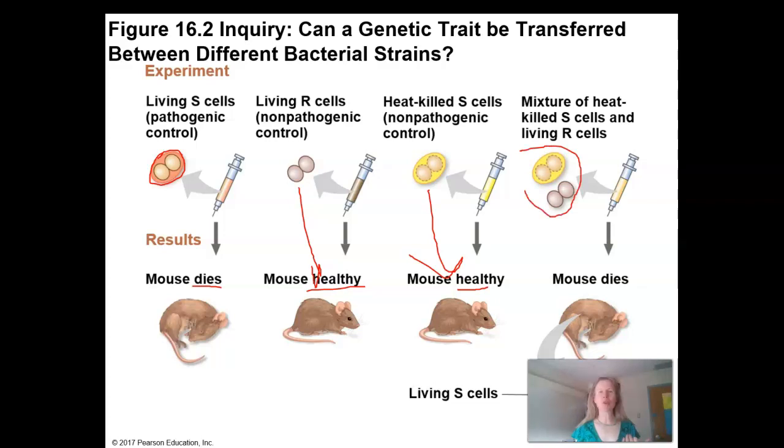But you put those two together in a petri dish, and the living bacteria picks up the DNA from the killer bacteria and starts expressing that trait, that capsule. This is crazy that bacteria are doing this. But this was a super clever experiment and taught biologists a lot about how there had to be this molecule that was moving